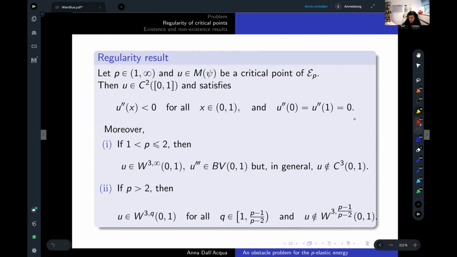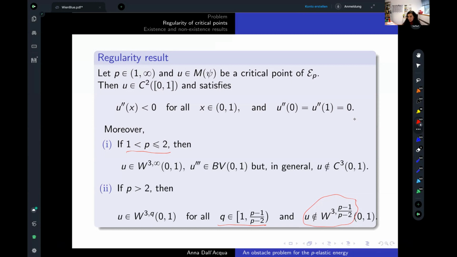Here the value of p makes a difference. If p is between 1 and 2, then the critical point is going to be W^{3,\infty}, so third order derivatives that are in L^\infty. The third order derivatives are even BV functions, of bounded variation. But the function u is in general not C^3. We can find examples of obstacles such that the critical point does not have continuous third order derivative. Whereas for p bigger than 2, the regularity is much smaller, we have much less regularity. The function u is just W^{3,q} with q in the interval between 1 and (p-1)/(p-2), and the function u is never